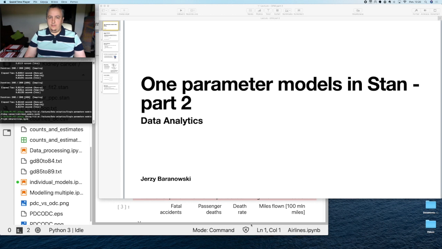Second meeting with Bayesian statistics, and in particular our second meeting with one parameter models in Stan. Hopefully we'll have a shorter lecture today. We'll be discussing mostly modeling of discrete events,